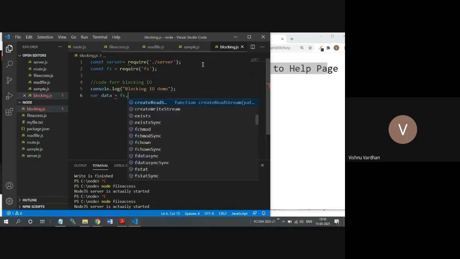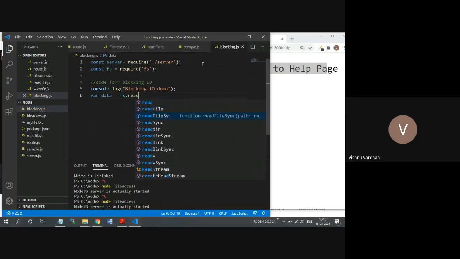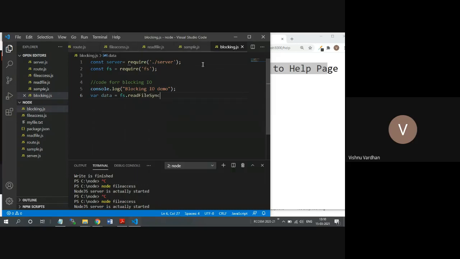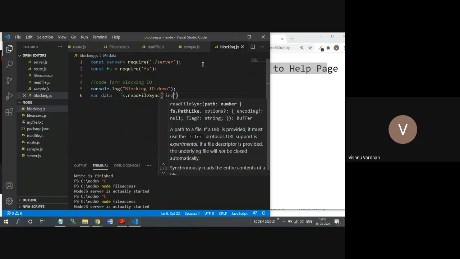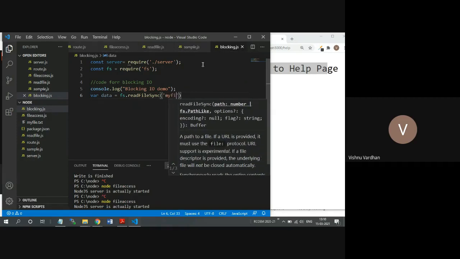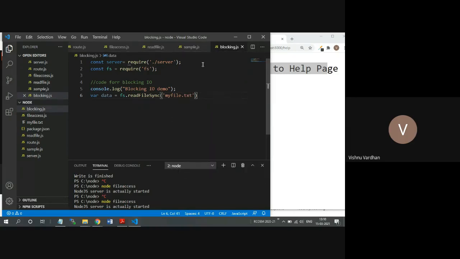Then what I'm going to do is readFileSync. Yes, sync. ReadFileSync means this particular method is going to access some file synchronously. The file name is already available, I will take this as myfile.txt. It can be any name, but I have already created one file, so that's why I'm taking that.